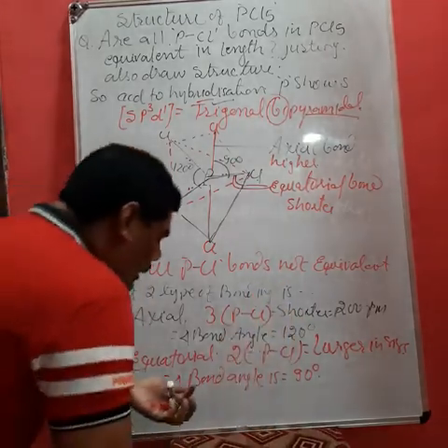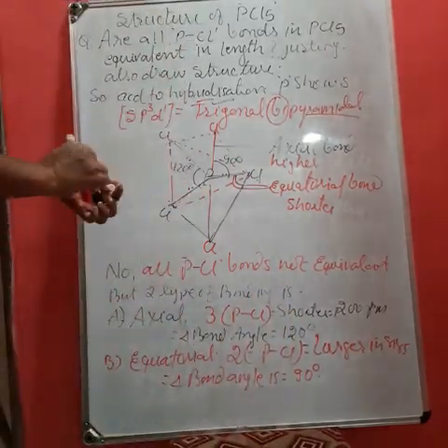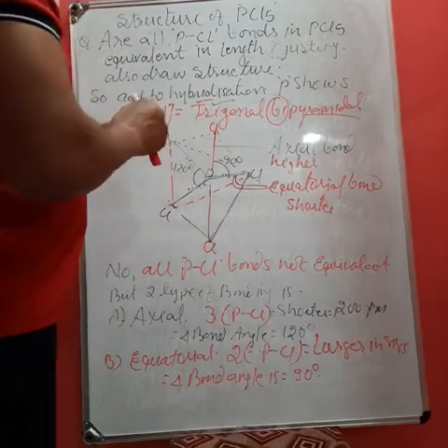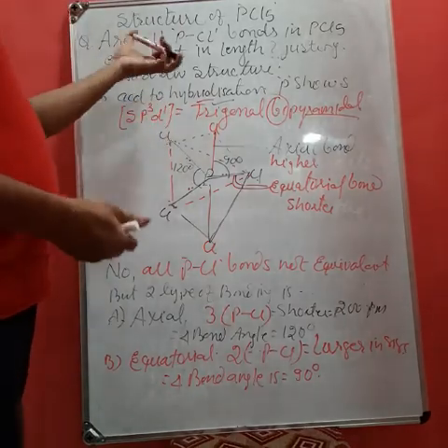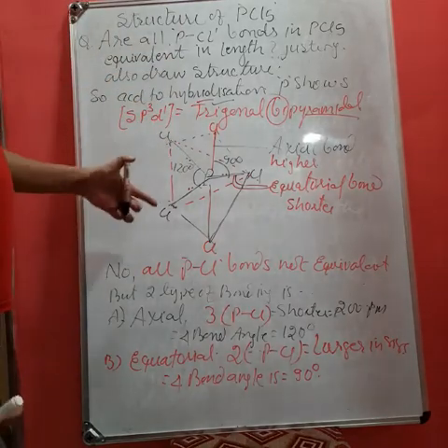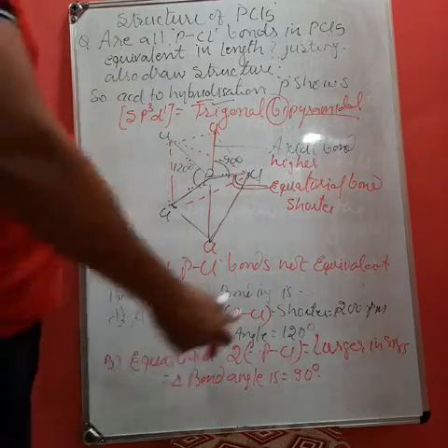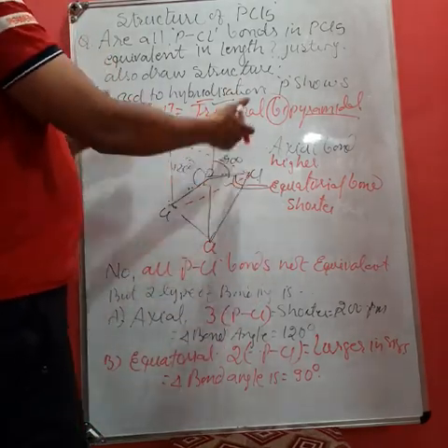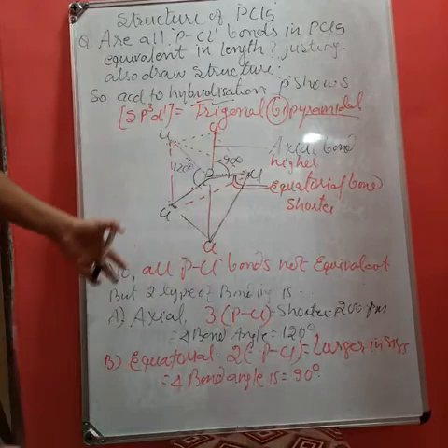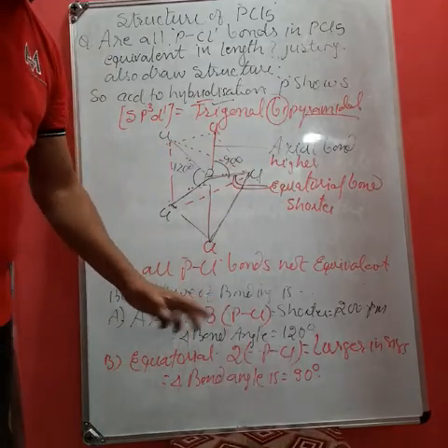So two types of bond angles are there. Students, it is also a very important question often asked for 2 marks, where you have to draw the structure and justify your answer by giving the hybridization and by giving the two types of bonds.